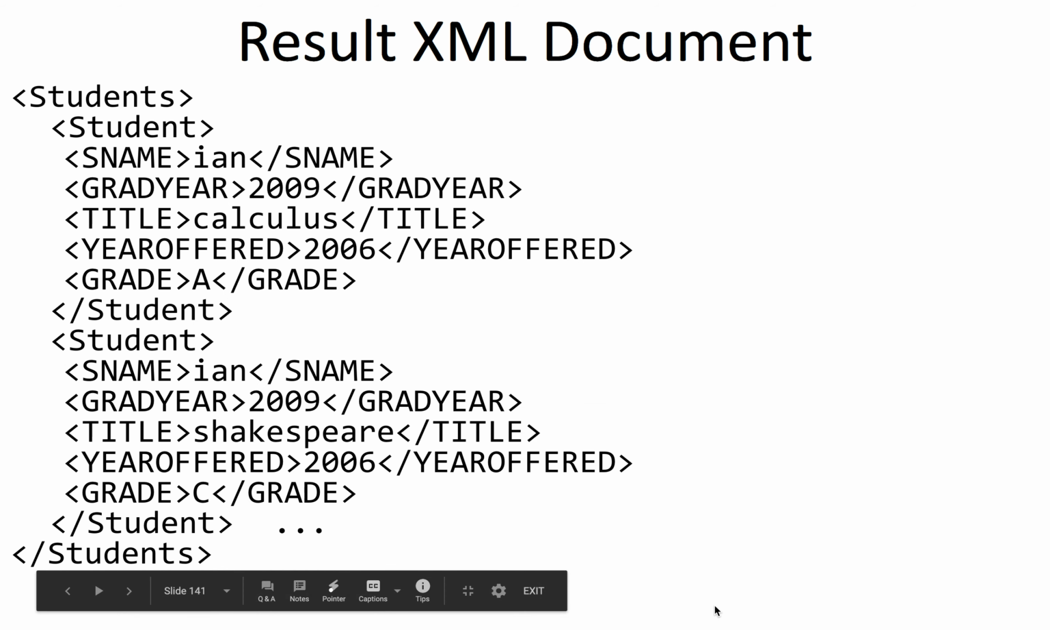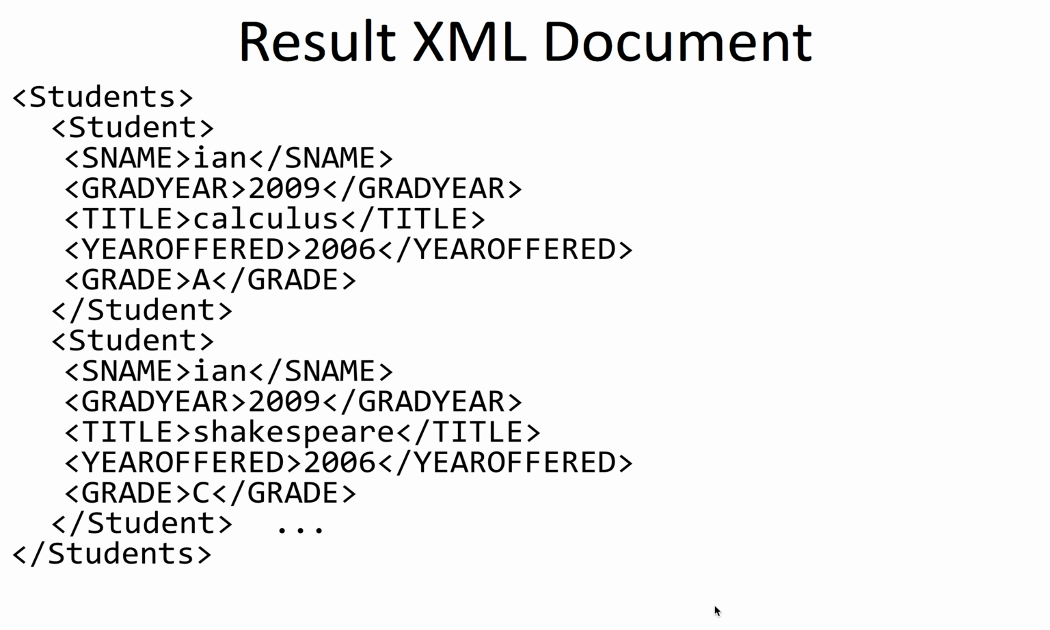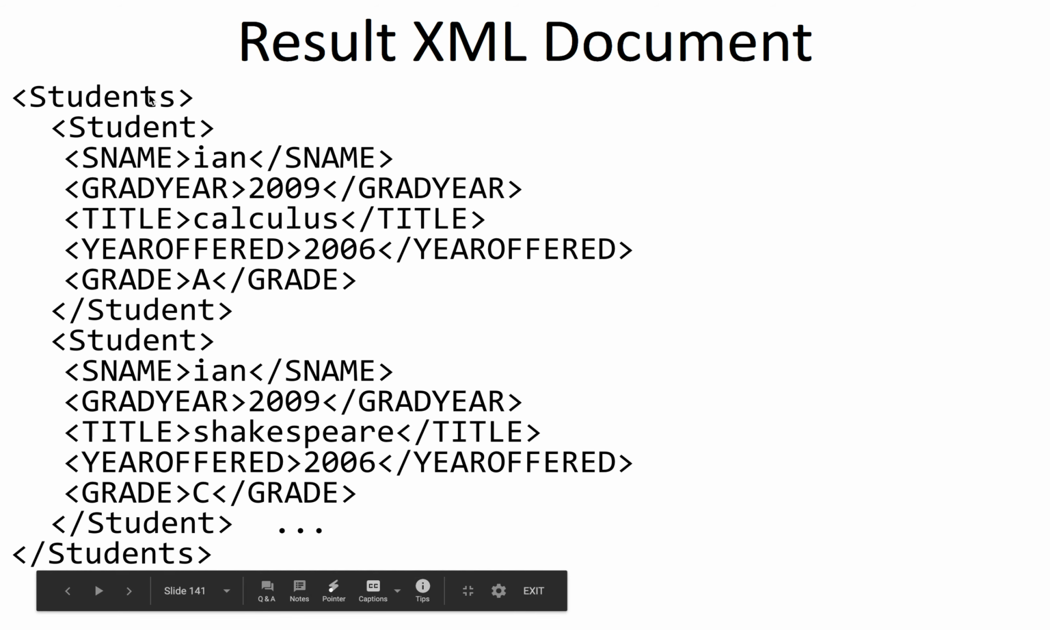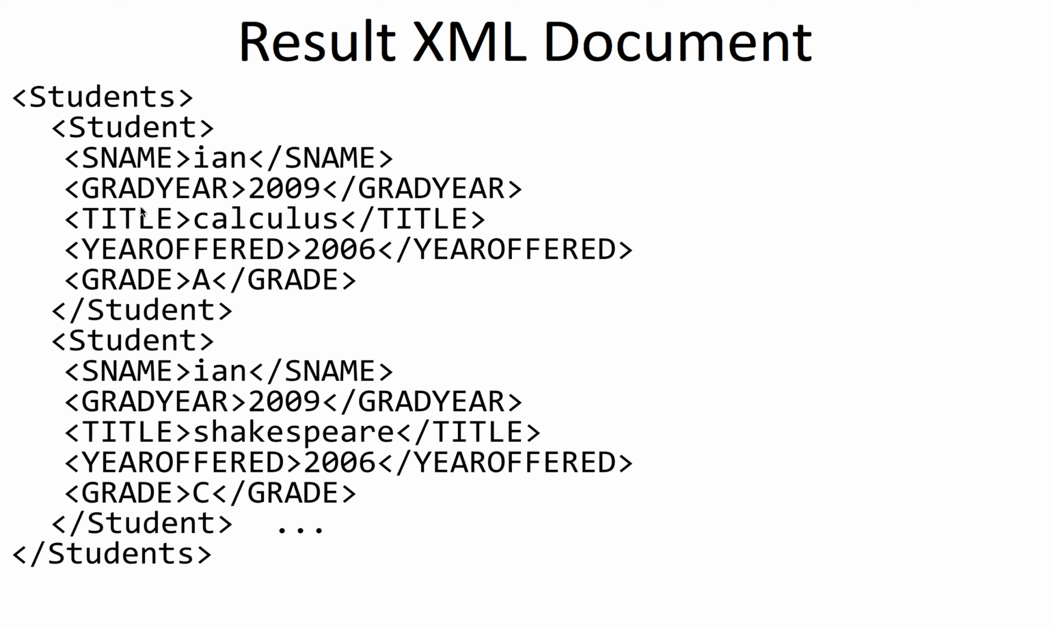So for instance, if you have the original students that we had, this would generate the students with a plural, and then for each student, it would have an output student, and then all the fields, iterating over all the columns in the database. So this is going from the database, exporting it as an XML file,